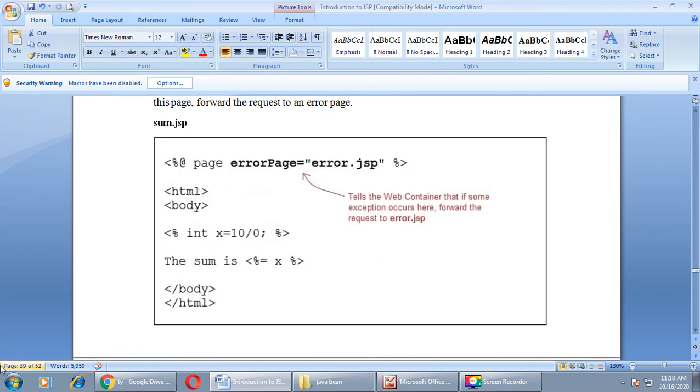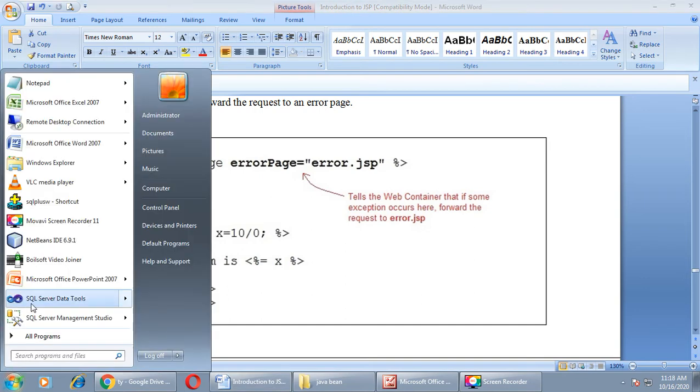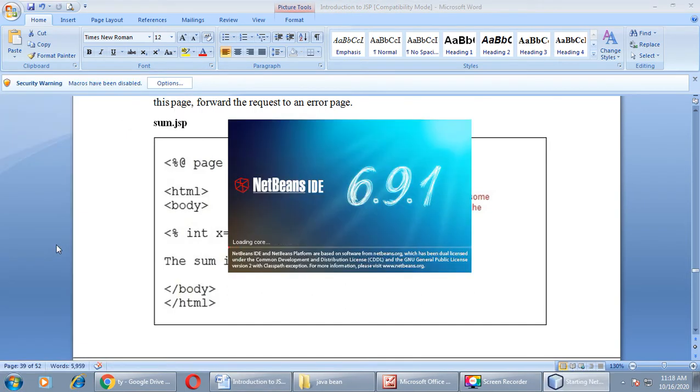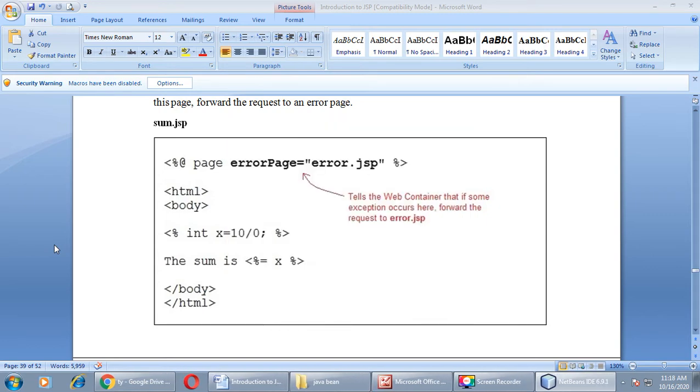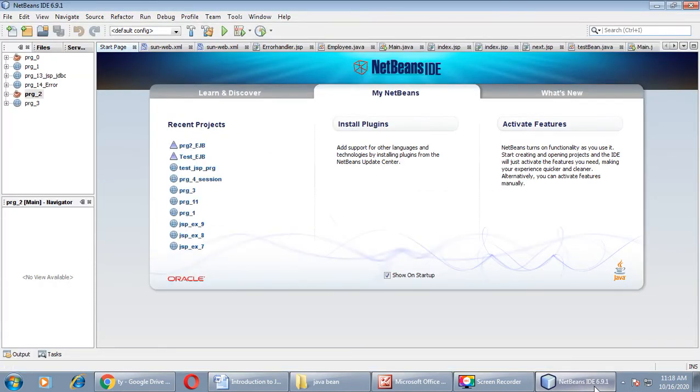Let me show you one live example in the NetBeans IDE. For that, open your NetBeans IDE. Here I have created one program with the name prg_14 error, right?